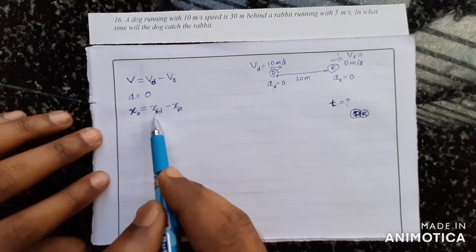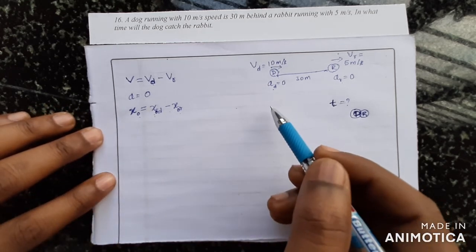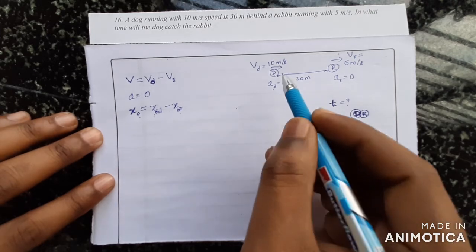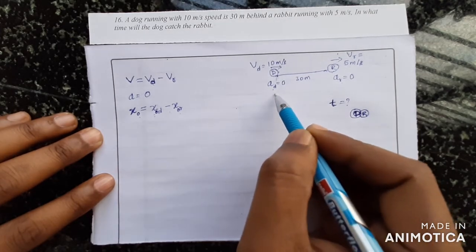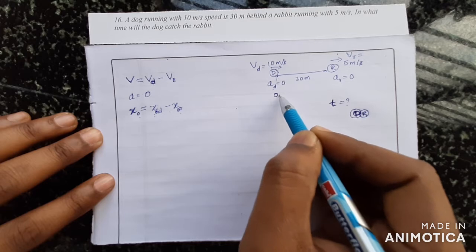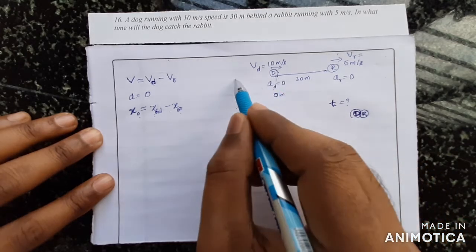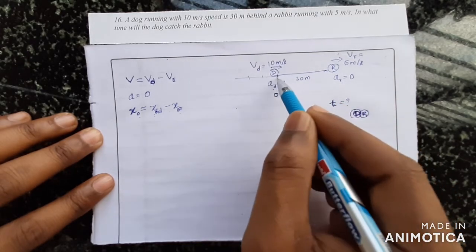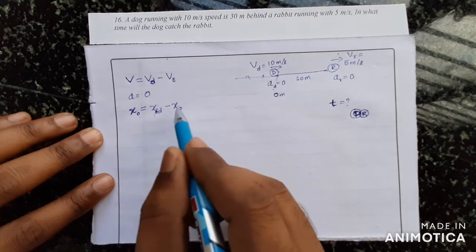See, this position can be set by us. What I'll do is I'll set the position of dog as 0 meter position. Position means just a coordinate, and I can consider any point as 0 because this is the initial point,